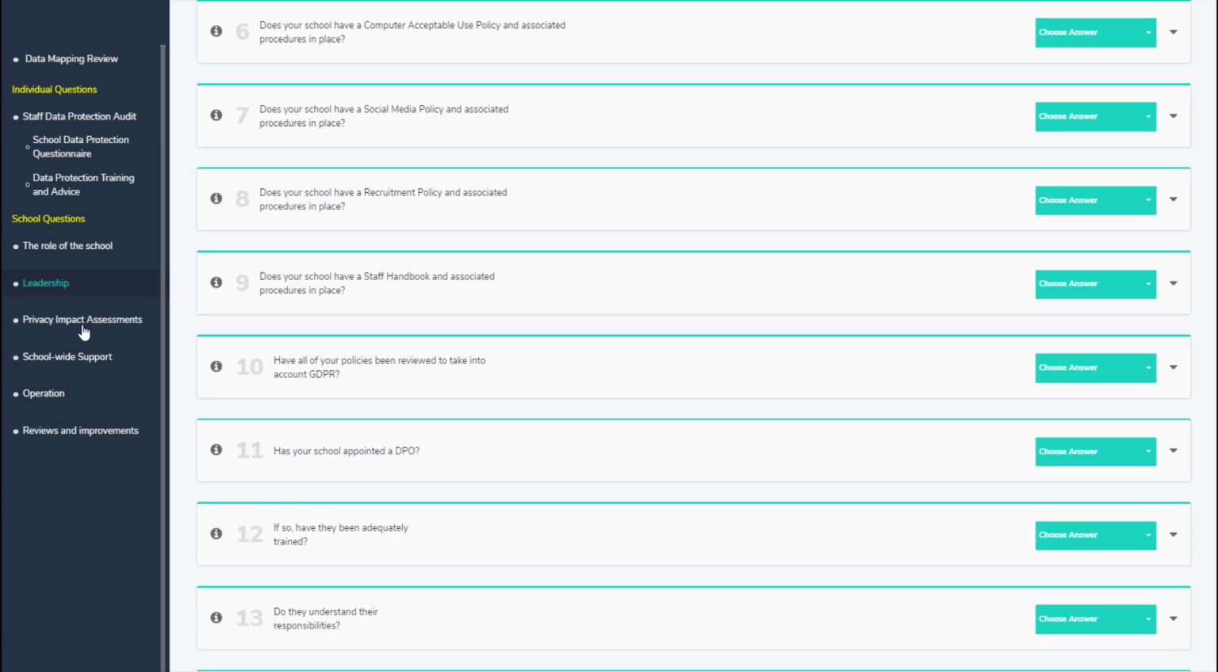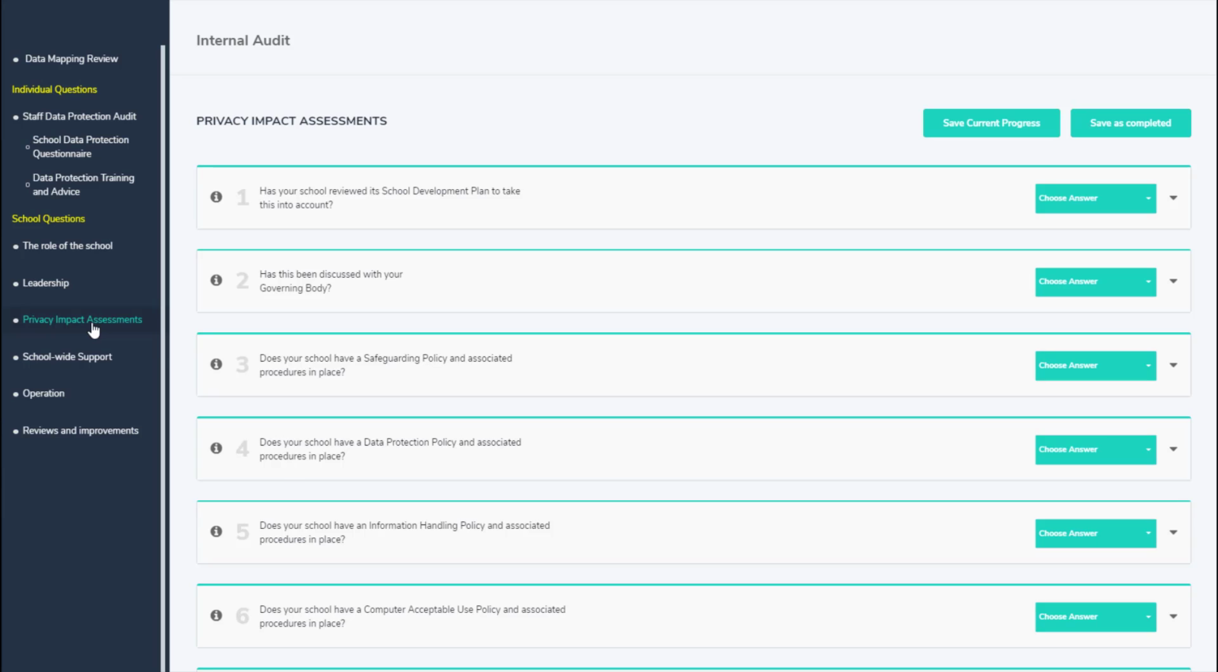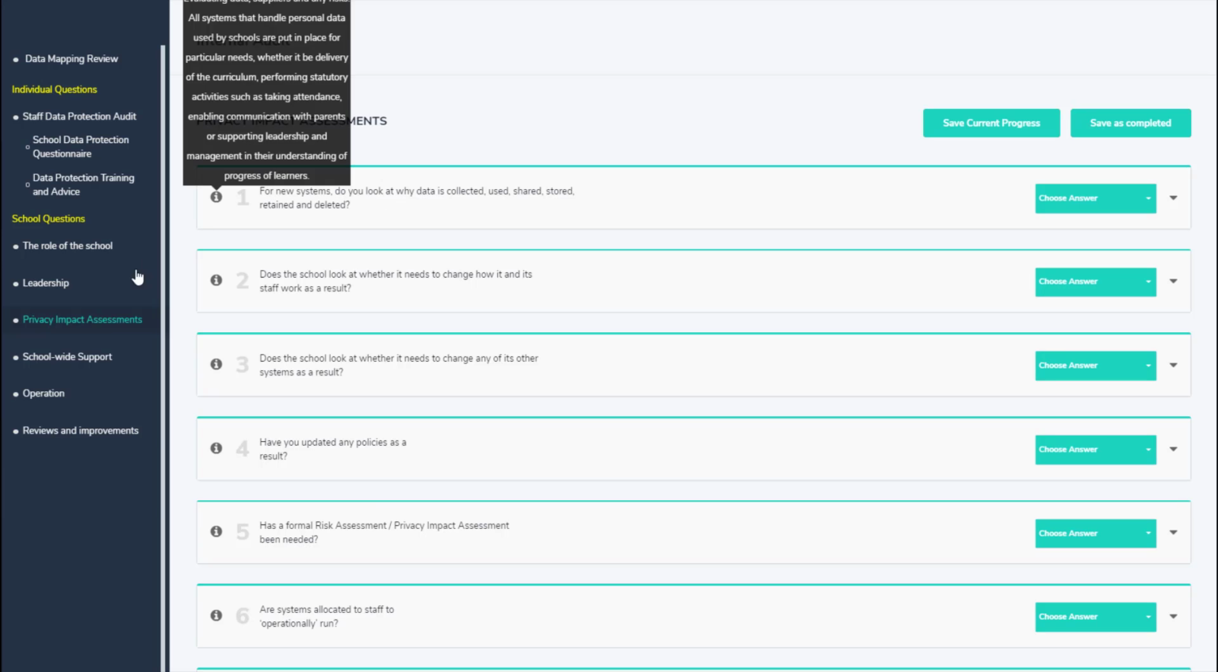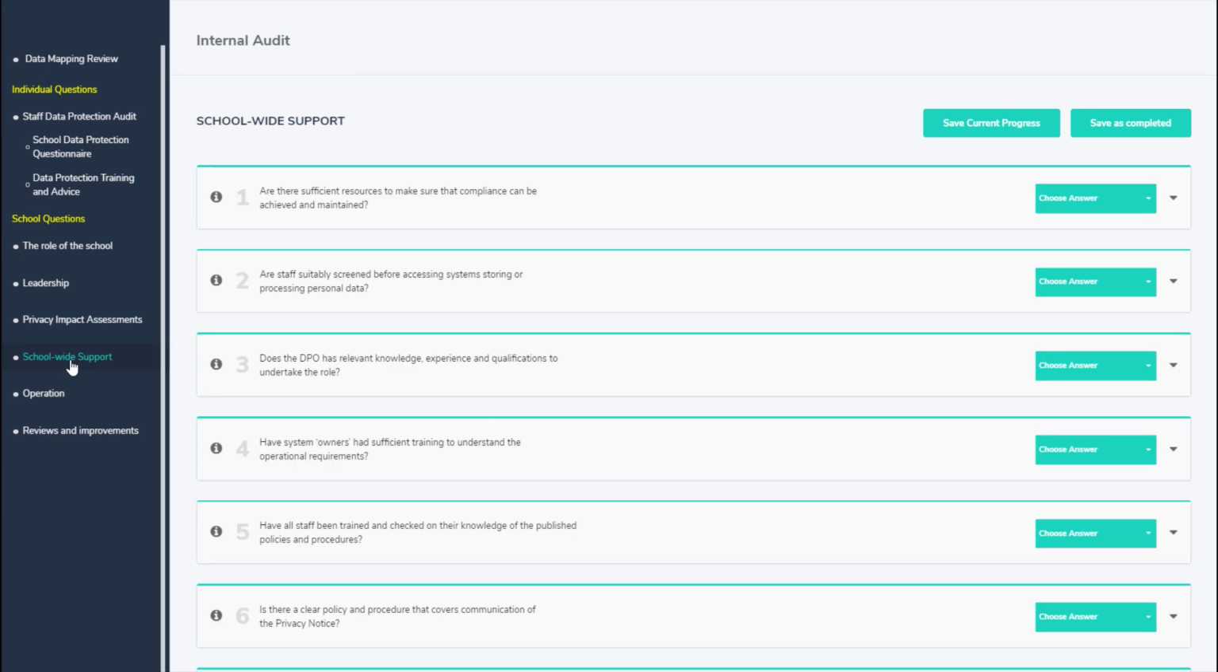The third section, privacy impact assessments, is all to do with risk. So it's asking you about undertaking some DPIAs. So for example, have you spotted any holes within your management of risk? The school-wide support section is about your general staff on a day-to-day basis. So how do you ensure your staff are maintaining good practice, and how are you overseeing the support that you're